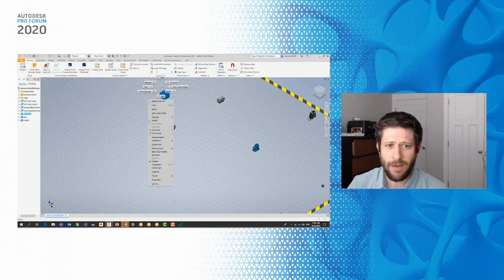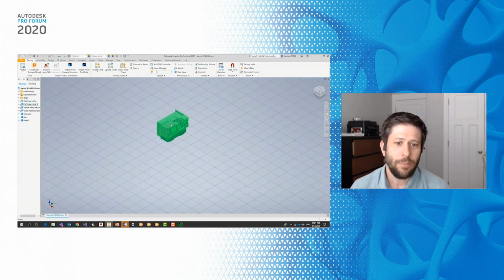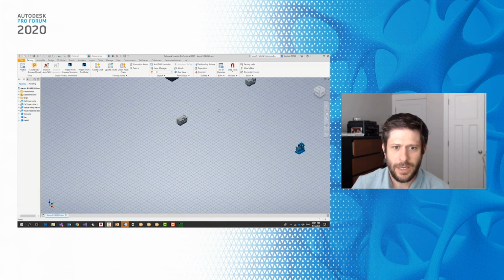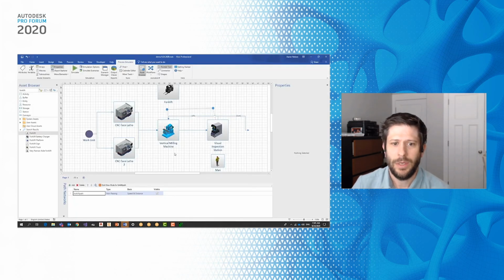I have a block for my entity because that really so it imports back into AutoCAD or Inventor those assets with all the properties that they have from the FDU. So I can then manipulate those the way that I need to. I can place them exactly where I need them in my model and be able to go back into Process